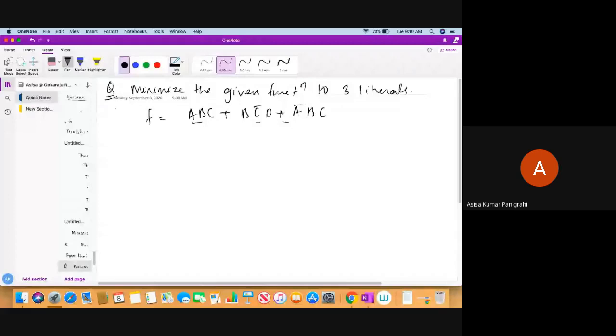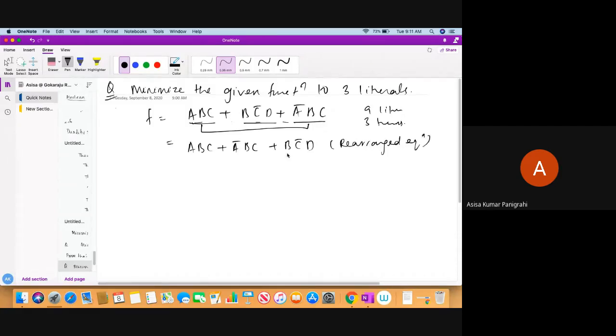So what you need to do, you can start applying different Boolean algebra postulates that you know till now. So see here, how many terms are there? 1, 2 and 3. 3 terms are there. So it has 9 literals and 3 terms. See here what I have done, I am just rearranging these two, making this ABC + A'BC + BC'D. I just rearranged the equation, nothing else, because I am going to use this later for a different purpose, using the Boolean algebra.